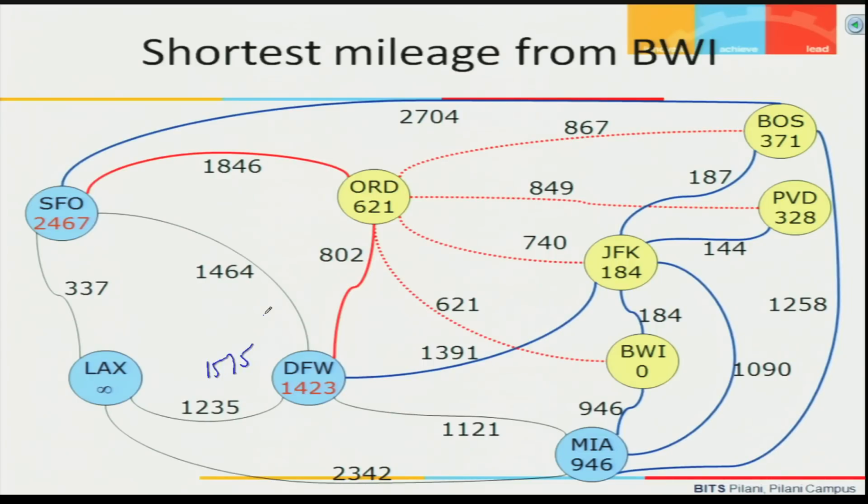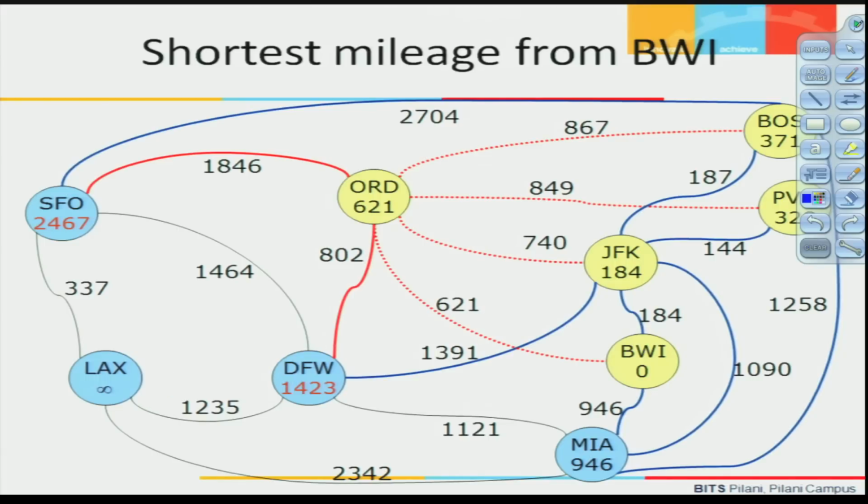If you look at the path up to here, we know its d value is 621. So, the d value for this is going to be 621 plus 802, which is 1423. We know 1423 is less than 1575. So, we update the estimate of the path from BWI to DFW to 1423. So, we continue doing this